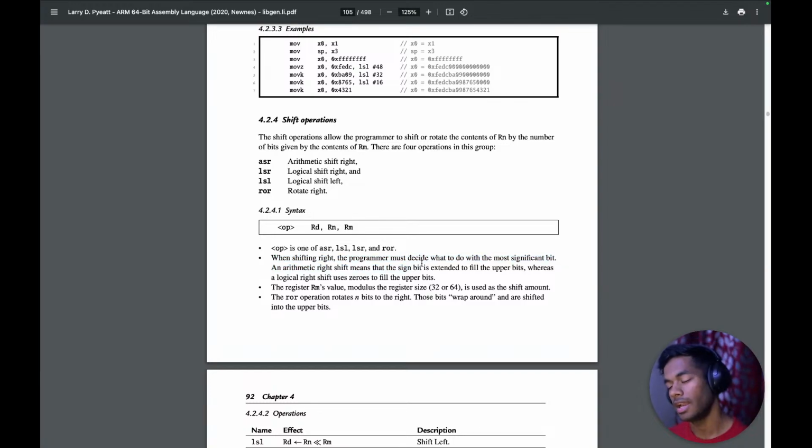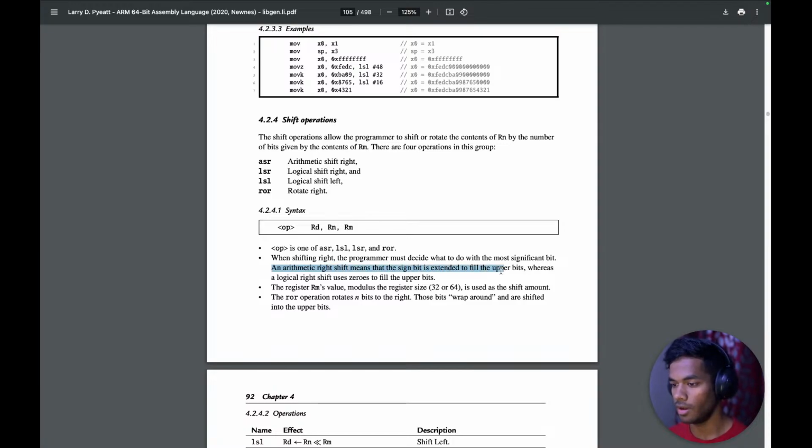That is, if it is a negative number, then the n most significant bits will become 1. But if it is a positive number, then the n most significant bits will become 0. With ASR, arithmetic shift right, the sign bit is